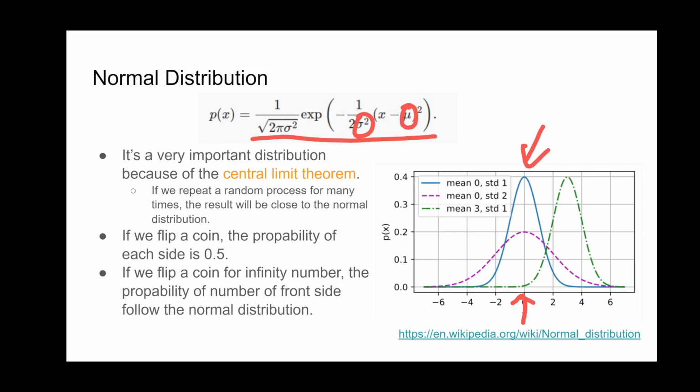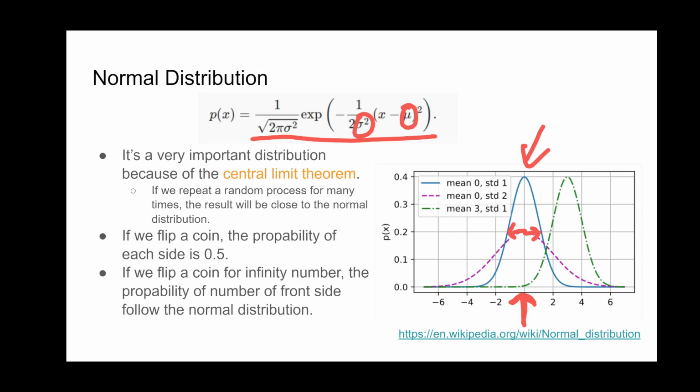But the central limit theorem tells us that the probabilities of all those situations will follow the normal distribution here. And the distribution can be decided by two parameters. One is the mean value, which is the value with the maximum probability here, and the other is the deviation, which decides how wide the distribution is. It may be like this, or it might be wider. So it means that the mean value is the same, but the deviation is different.